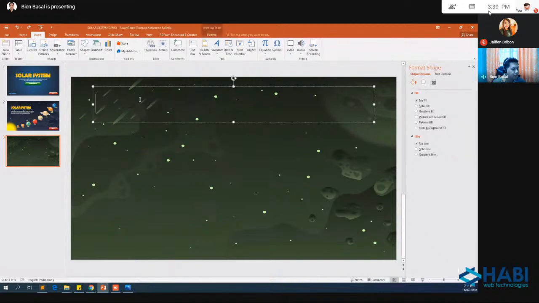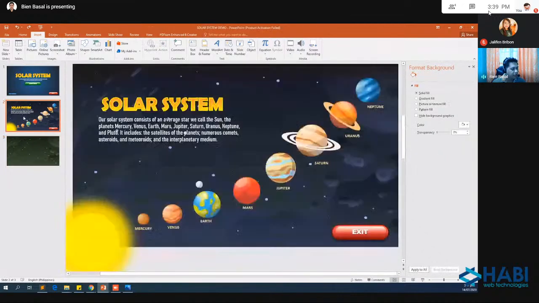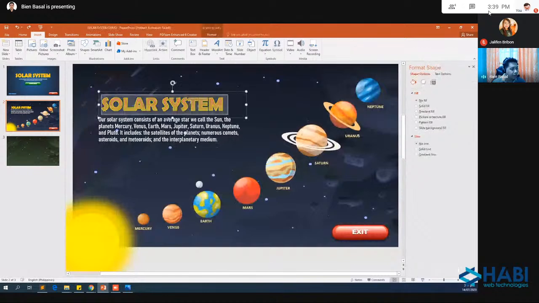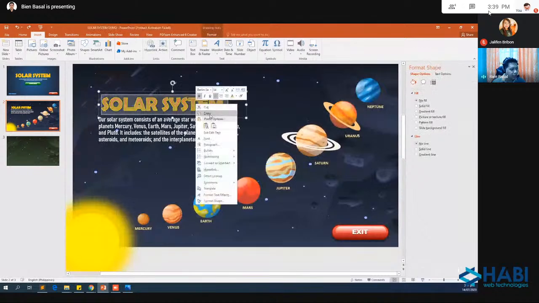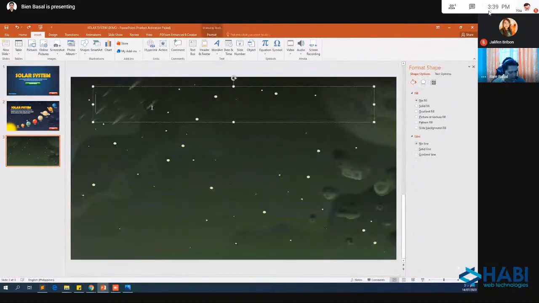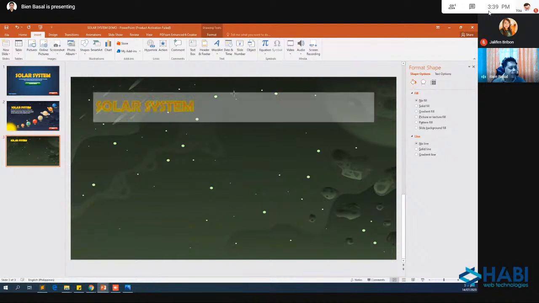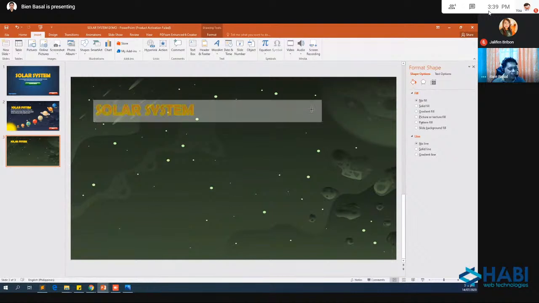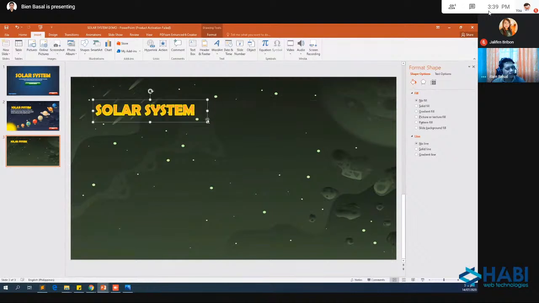I need a title first here. I will go back sa aking second slide and I will copy first itong solar system. Copy. And I will paste it here. Copy-paste lang po, and just resize. Hindi ko na po ginamit yung layout kasi na-rearrange po yung effect.